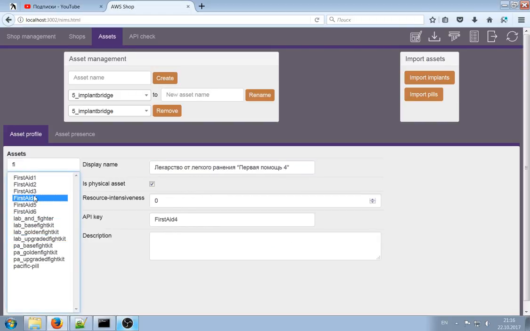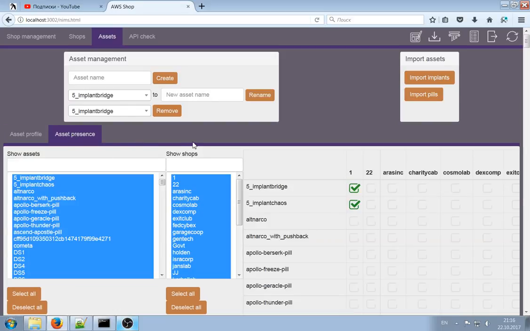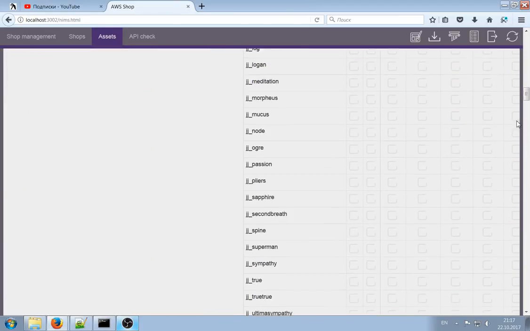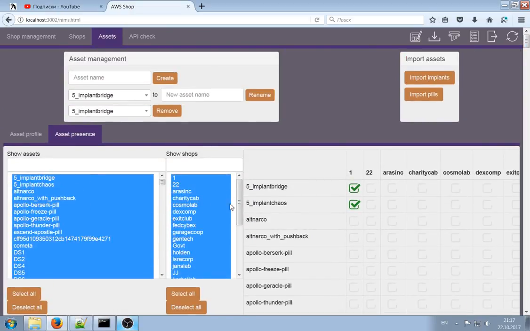So let's remember, first step was making shops, second step was creating assets, third step is making a decision which shop can sell which asset. And here is a full list of assets, a full list of shops, and a very big table of which asset is available where. It is so big that, for example,